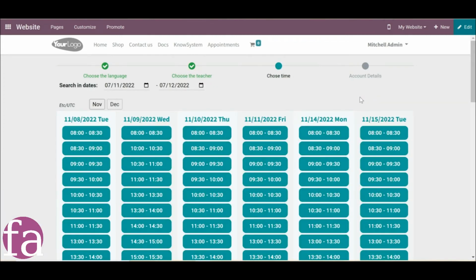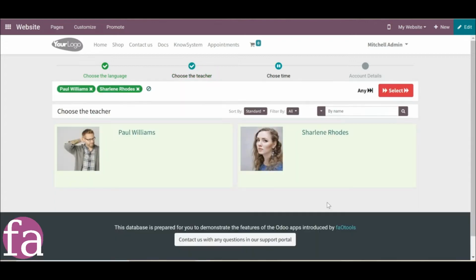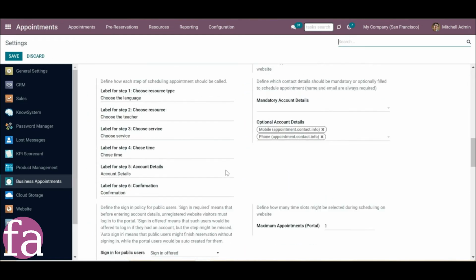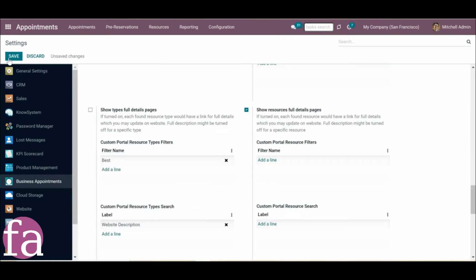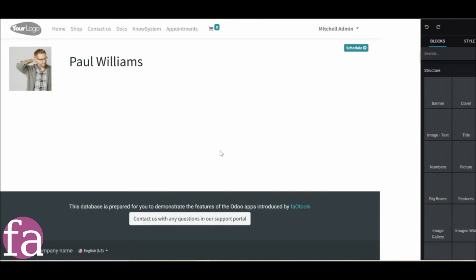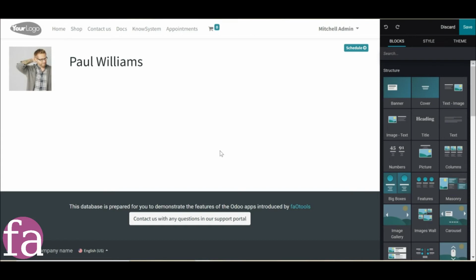If a client chooses several resources, then one of those resources will be assigned automatically according to the chosen allocation method of the related resource type. Let's also add the full description to our resources, so the client could get to know our teachers. For that, let's return to the configuration page and find the option Full Details page for resources and tick it, then save. That would add a separate page for each resource where you can describe it in details using the